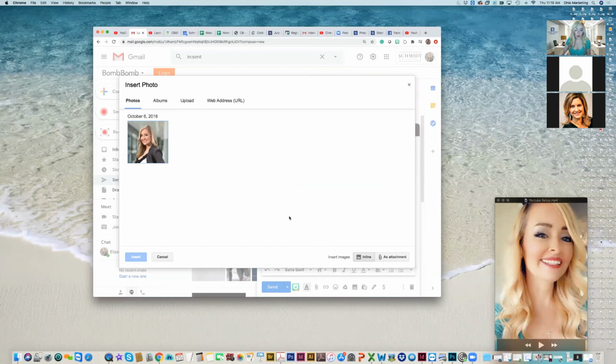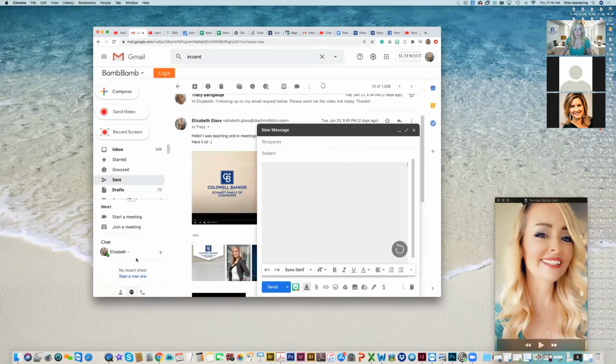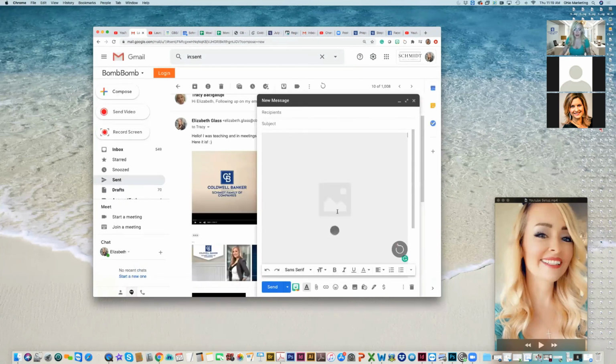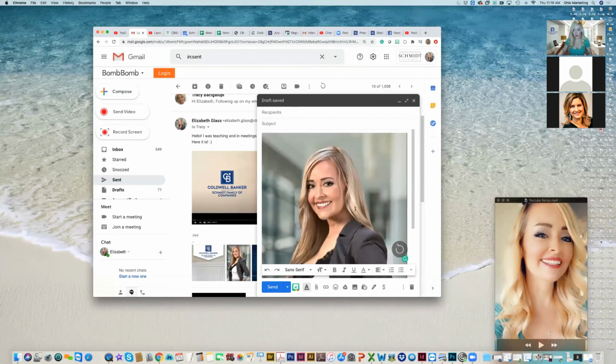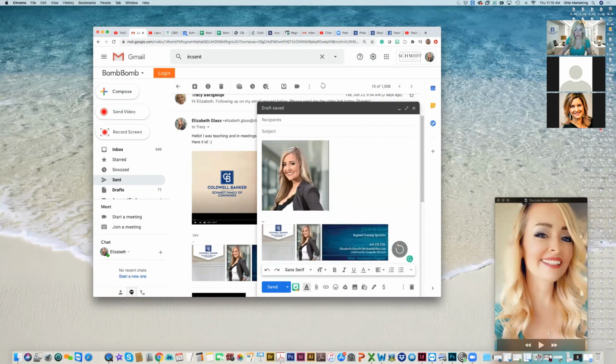So I'm going to say upload. But see how it says in here, inline or as attachment? Attachment means if I click that, it would be attached only, like a PDF would be on the email. Inline means inside of the email itself. So I'll click on this photo and say insert. Now it's putting the picture inside of my email. You would do this for whatever, house, property. So I can size it the way that I need.